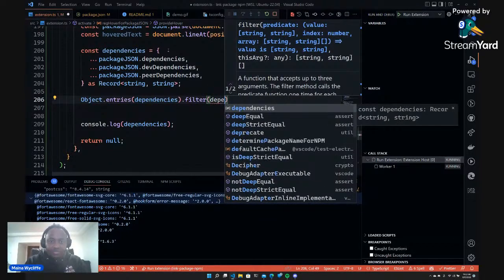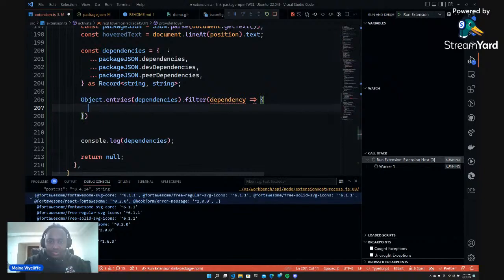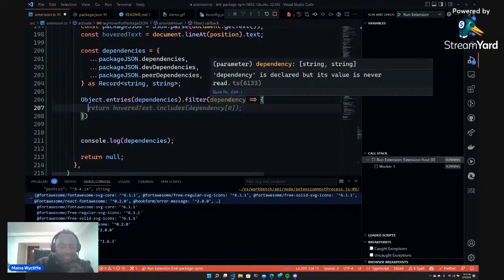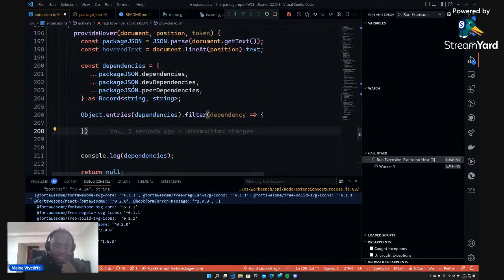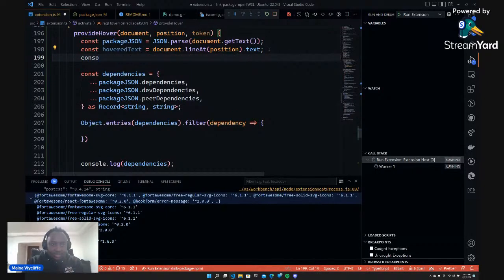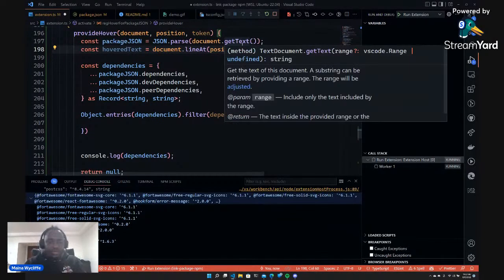So for each dependency, what I want to do is, in this case, I'm getting this, which is a string, and before I can do anything in there, I might want to say const. I'm trying to figure out the best way to achieve this. So I might have to say const